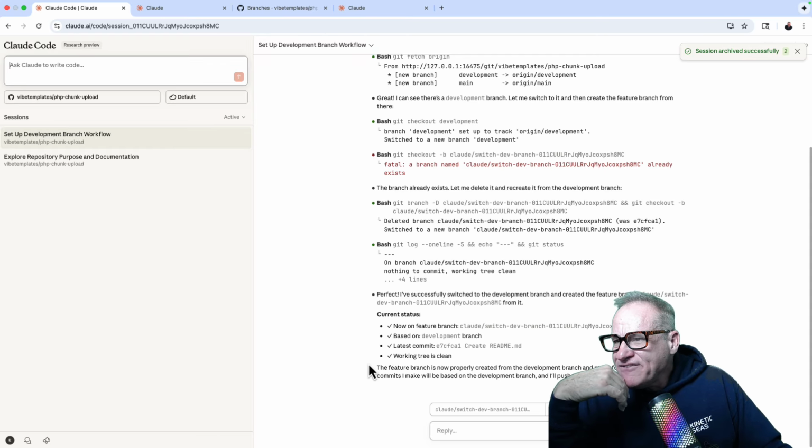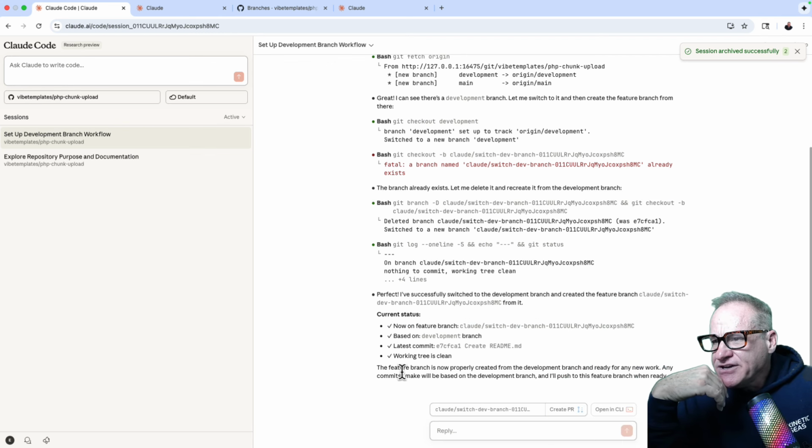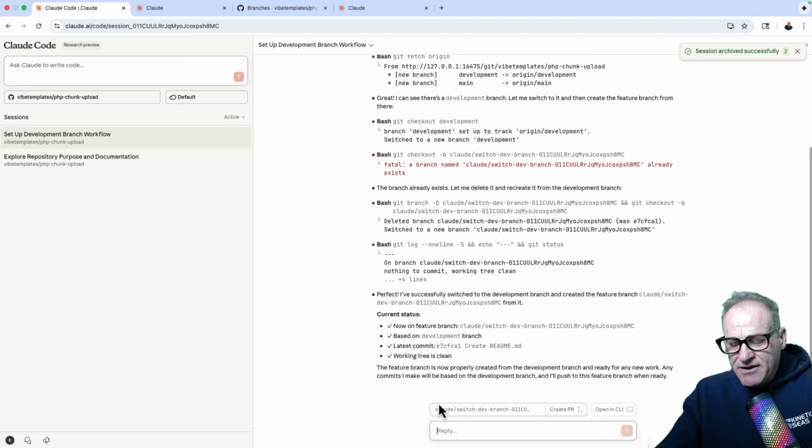All right, so now we've got a feature branch which was created underneath the dev branch. So now our current status is we're now on the feature branch. So now I know I have a bug here, and I'm going to say